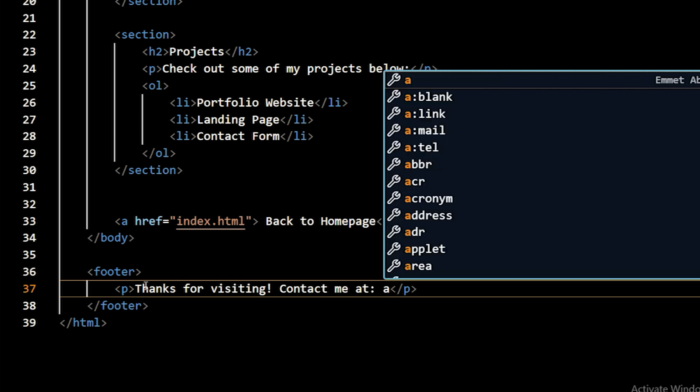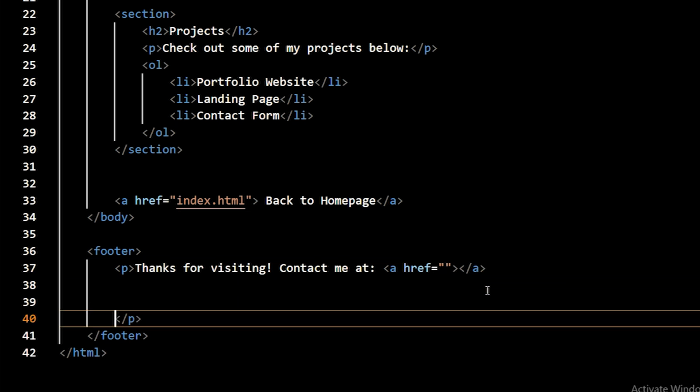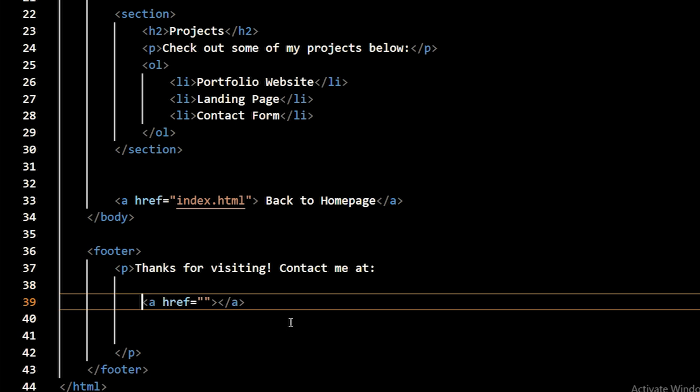Here right now I'm going to have my A, which is going to be the anchor tag for our links. So inside it, not to get confused, this A is inside a paragraph right now. So let me put that down so we get to see what is happening. So here now I'm going to have mailto, colon, mailto, what is your email? So let's just put your email. I want to say your email